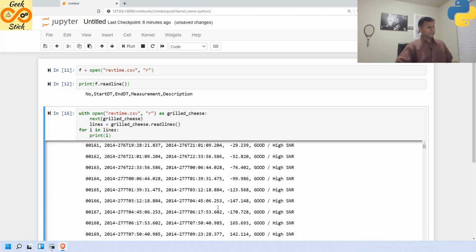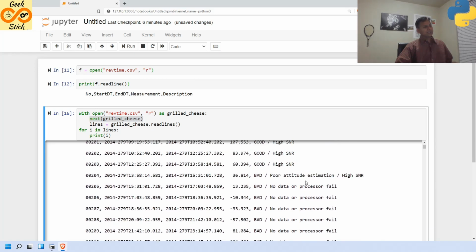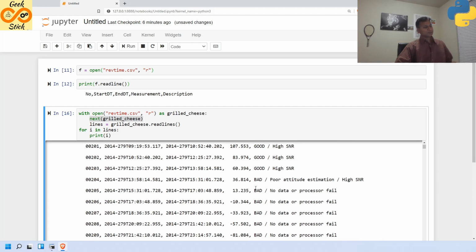So it is getting printed like this. This is just for showing purpose only, because I'm purposely skipping the header. I don't want this header over here, that's the reason I put next. Then from this for loop, everything got listed over here. My aim is to fetch only the description which is listed as bad.